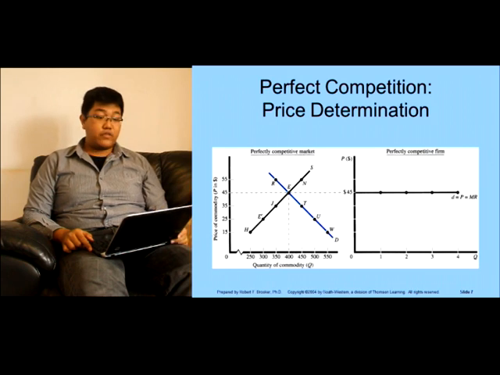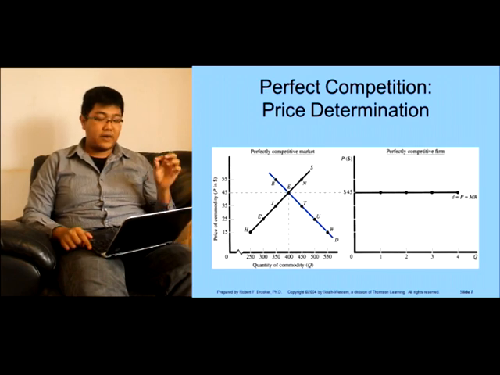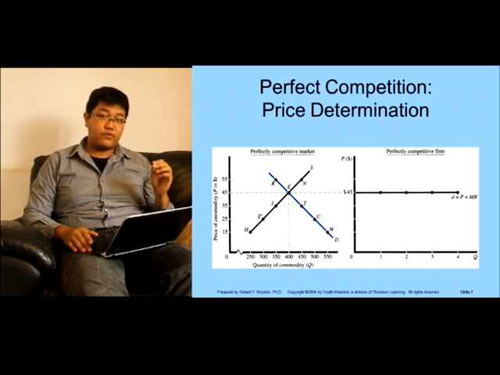And now, how do we determine the price in the perfect competition market? In this graph, we can see S and D, where S is supply and D is demand, and the equilibrium at point E is the price, which is $45. It means the marginal revenue of the firm is the same, which is only $45.